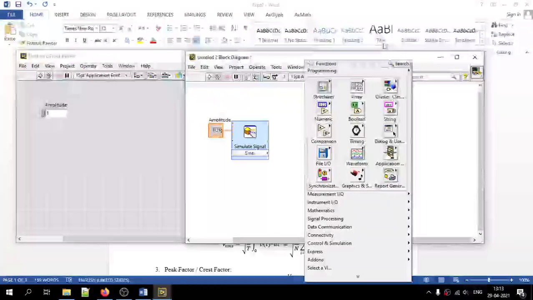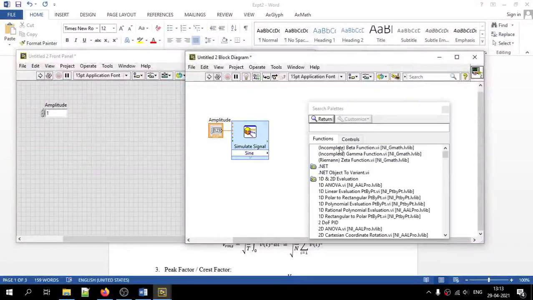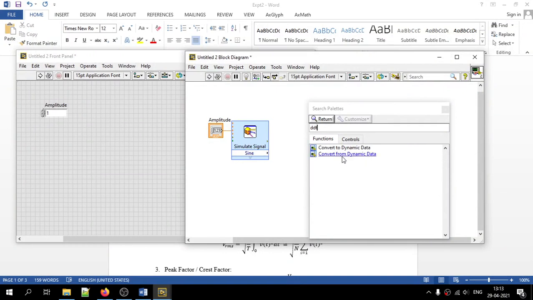As we have seen in the previous experiment, the output from the simulate signal block will be dynamic data that we need to convert into a pure waveform array. For that we use the block convert from dynamic data.